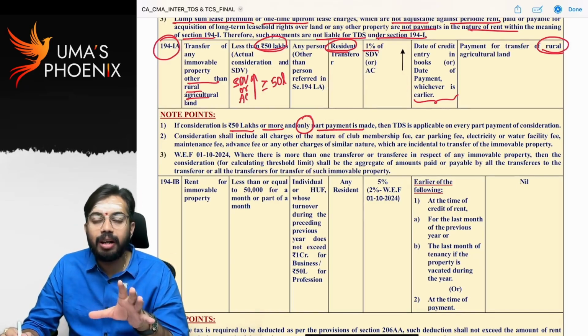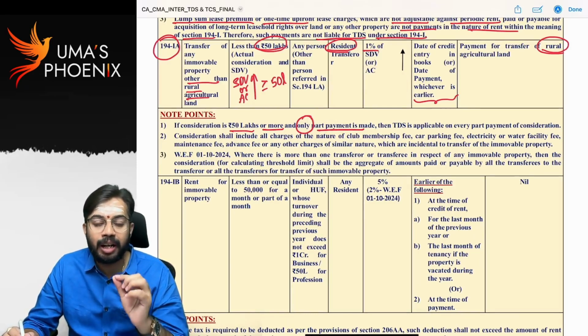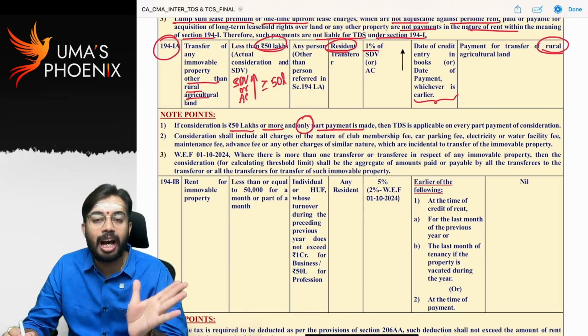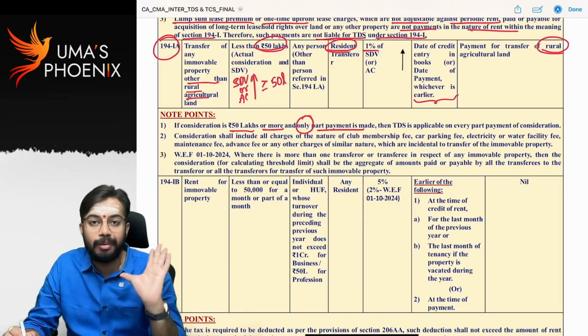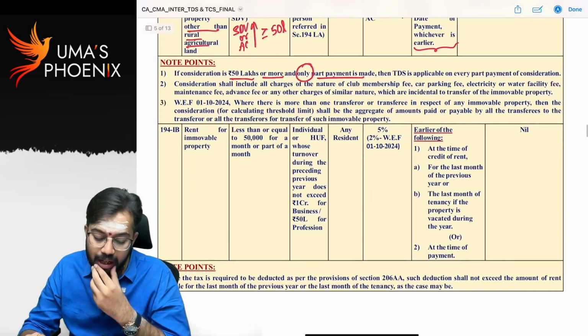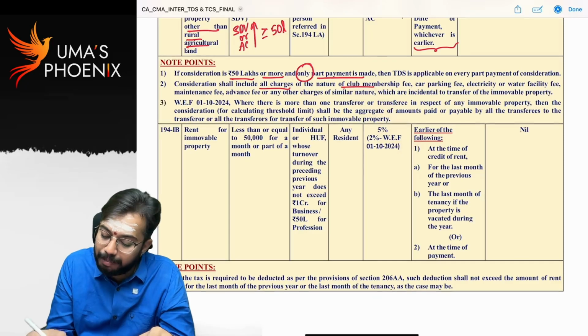Simple. Whenever payment is made in installments, TDS is required to be deducted at the rate of 1% of stamp duty value or actual consideration, whichever is higher, for each installment. Is it clear? Next. Consideration shall include all charges of the nature of club membership fee,